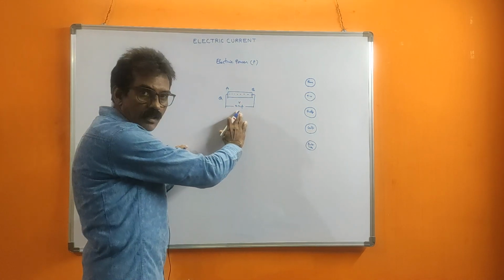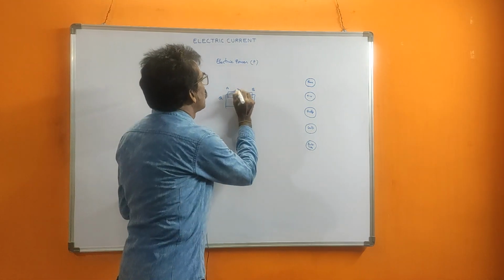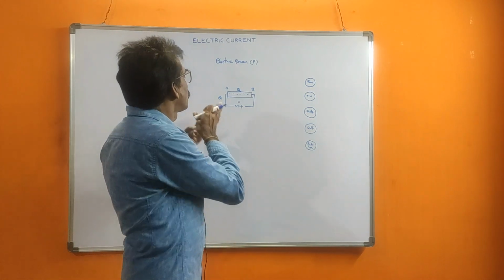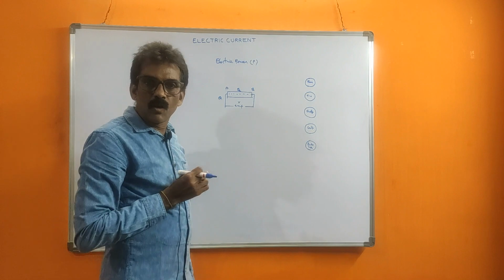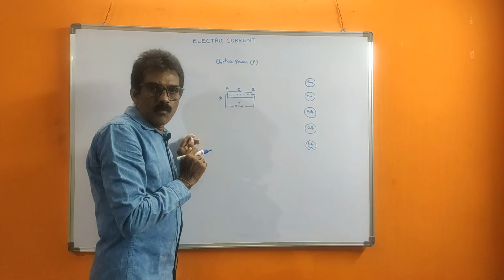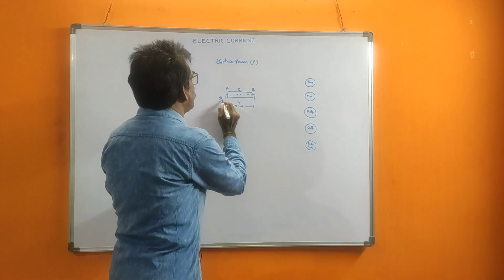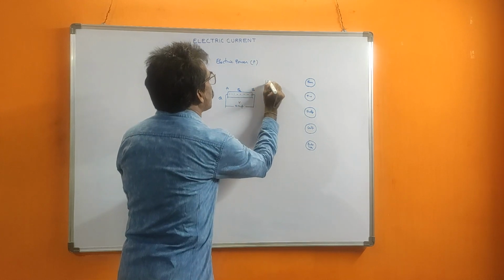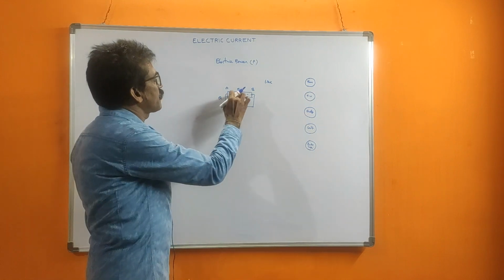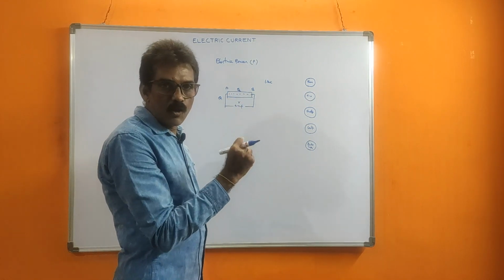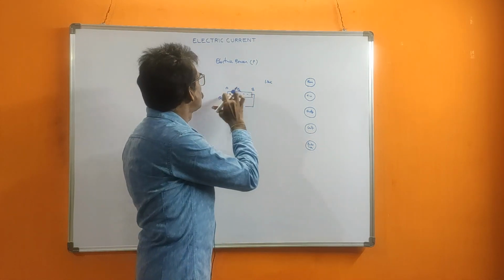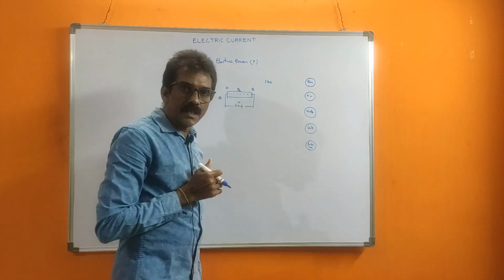When EMF is applied across the conductor, an electric field will be produced across the conductor. Due to that field, all the electrons will move. I told all these in the primary videos. So here our consideration is Q coulombs of charge is moving from end A to end B in 1 second. So the work is done by the electric field. That means this electric field is doing some work on the charge Q to move it from A to B. This force is moving this Q charge from end A to end B.